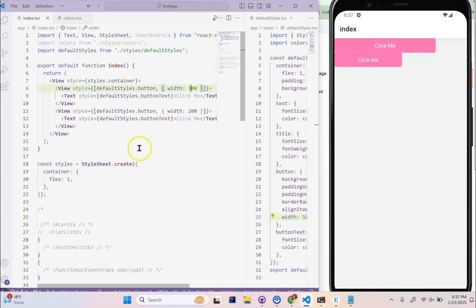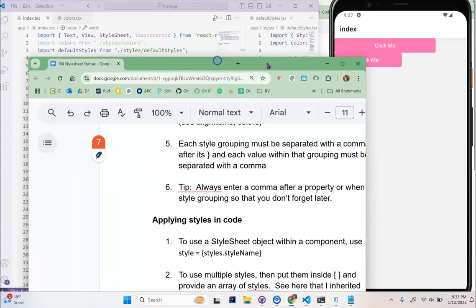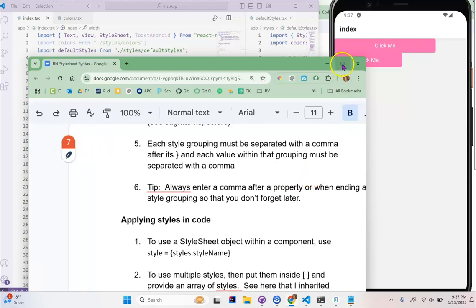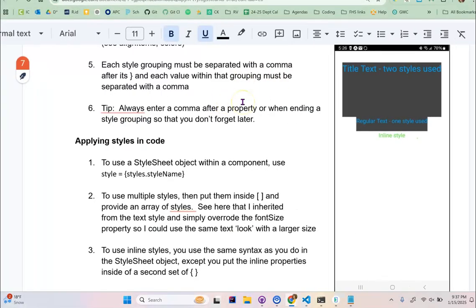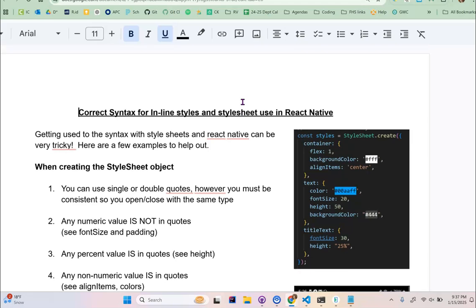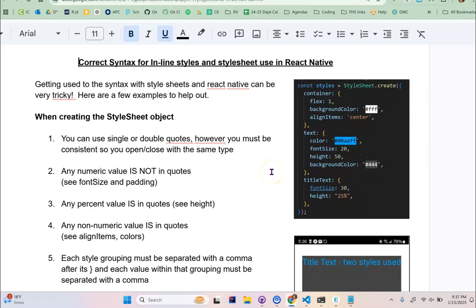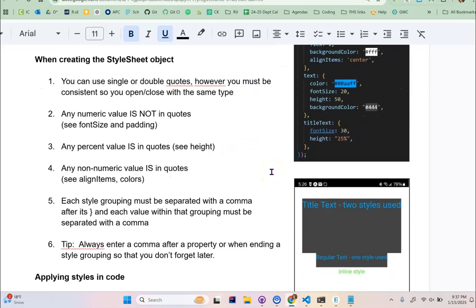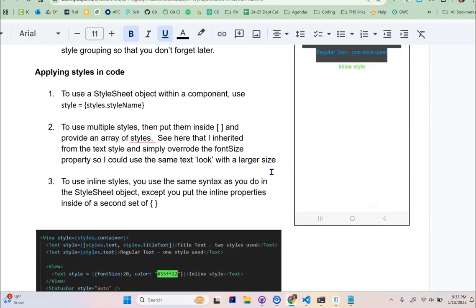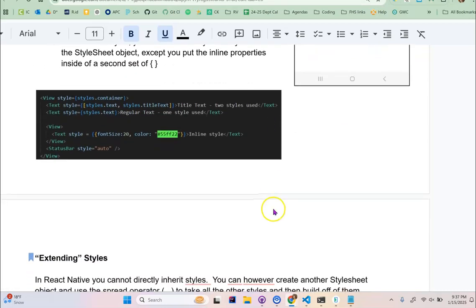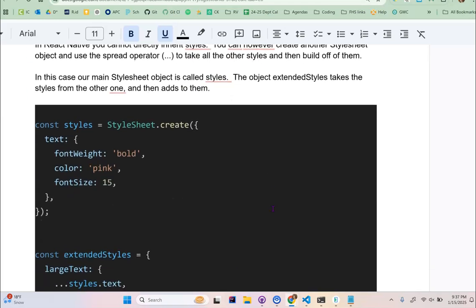All right, so when I ran into my syntax error here, what I did was I referred to this syntax document that I have created, and I went over this in a previous video, but I will go ahead and link this as well. Oh my goodness, because I think it is very helpful just to see all of the different ways of using syntax in React Native, especially now that you might be applying more styles as you're learning about the different ways that we can